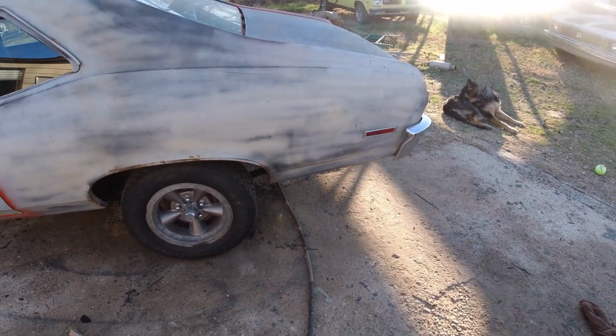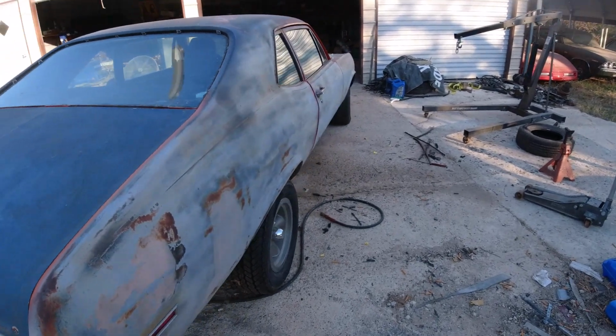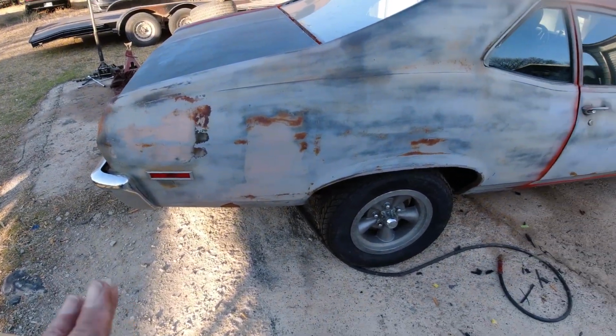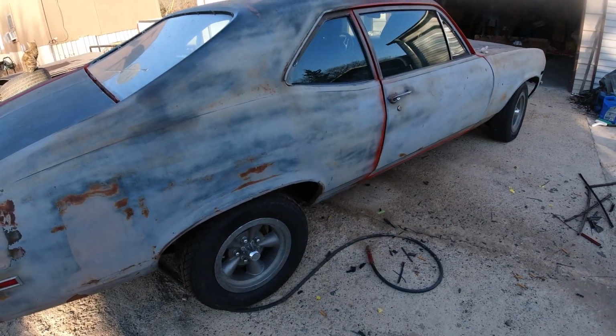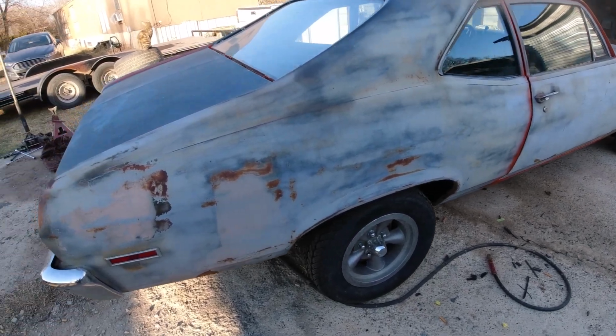I'm gonna do a patch panel video. That'll probably be next. I'm gonna put on the quarter panel patches on here, take off the rear bumper, put them on there, because I think it's all body work left. I've got a few little miscellaneous things, but